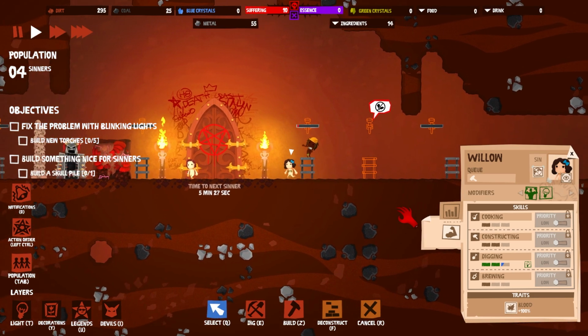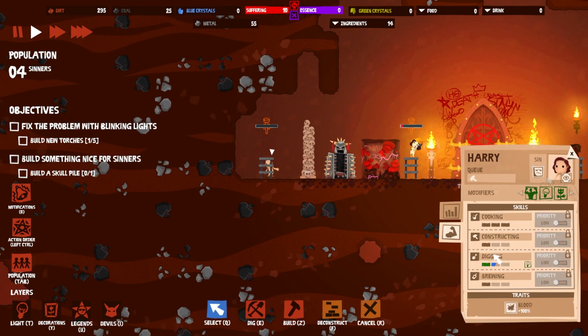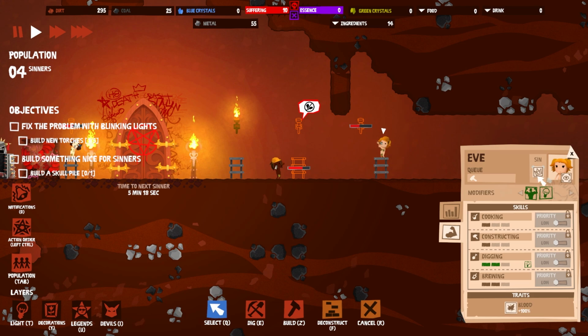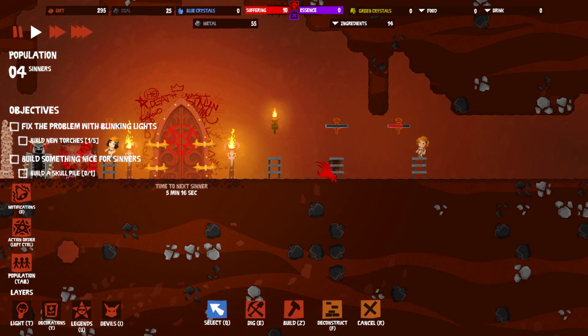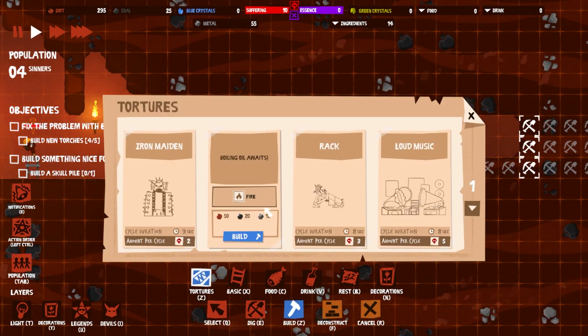Willow, how are you doing? You are extremely good at digging. As you can see, each one of these has their own skills. A lot of them seem to be good at digging or cooking right now. And a lot of their sins just seem to be that they're very proud. They're all very proud people. Right. Anyway, as I suggested...